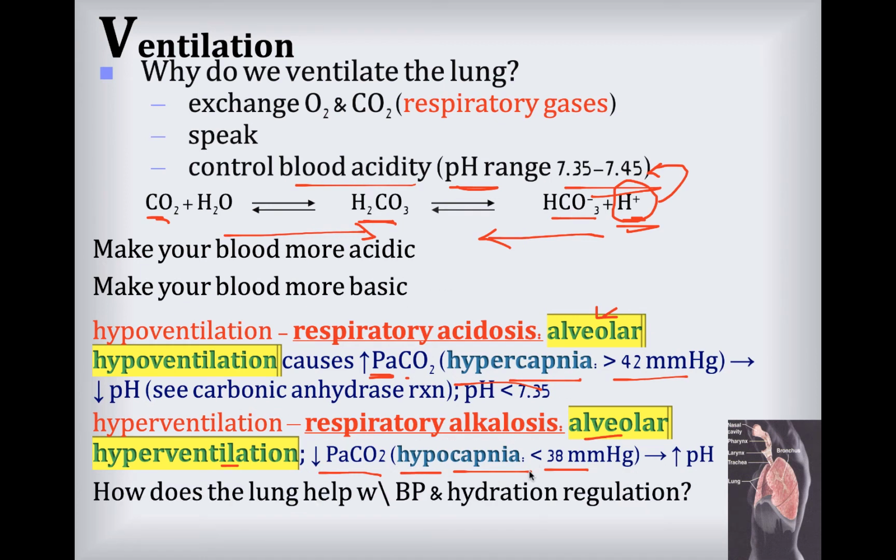Now, the last thing that can happen is that the lungs help with regulation of hydration and blood pressure. And we've talked about that. And so you should think about it a little bit and see if you can remember what happens there. Think endocrine. All right, and so if you think of the lung, remember the lung has angiotensin converting enzyme, and